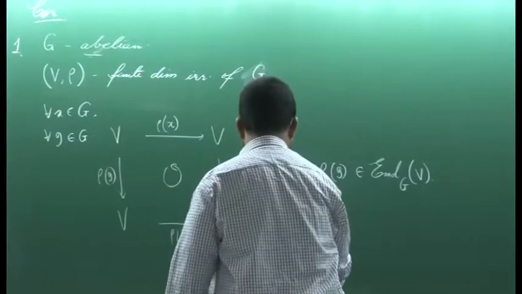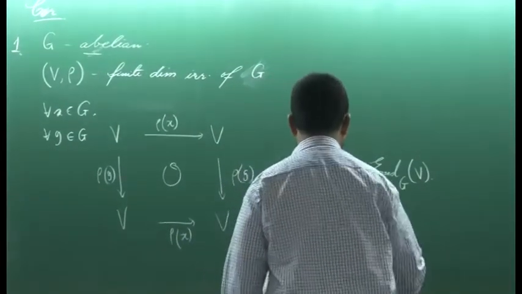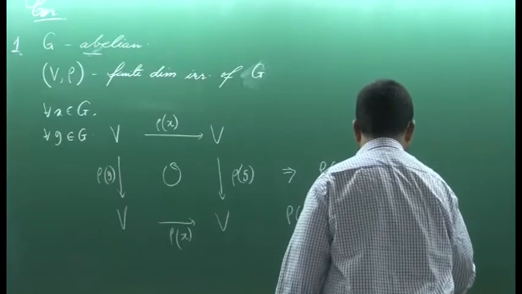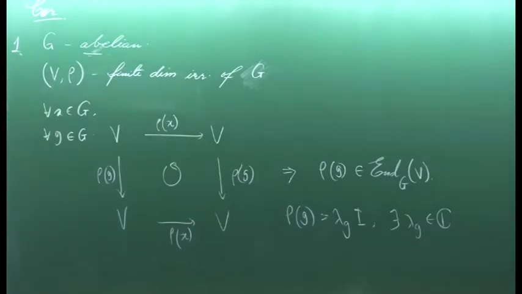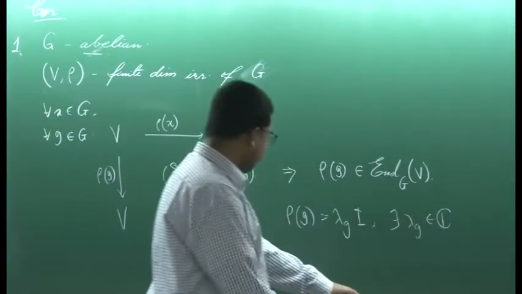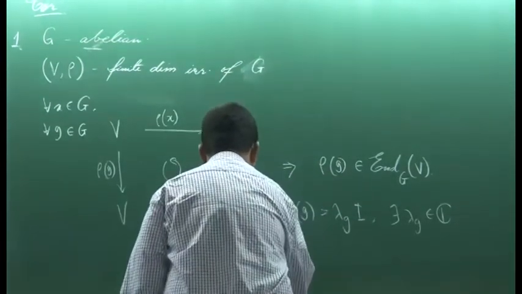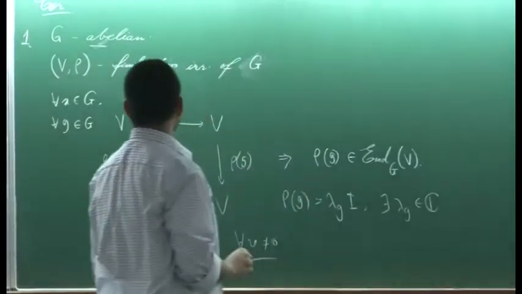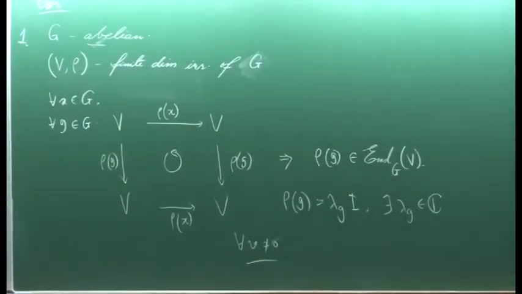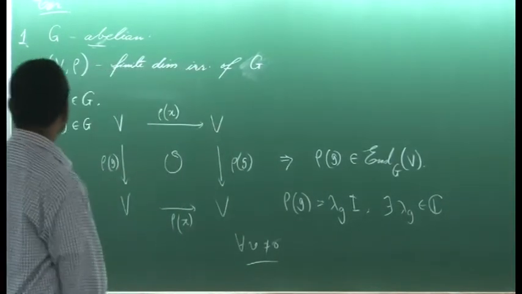Hence it follows that rho g must be of the form lambda_g times identity for some complex number lambda_g. So, what does that show? That shows us the following: if we start with any non-zero vector v,